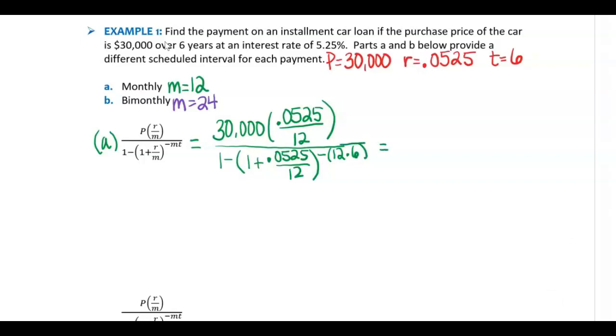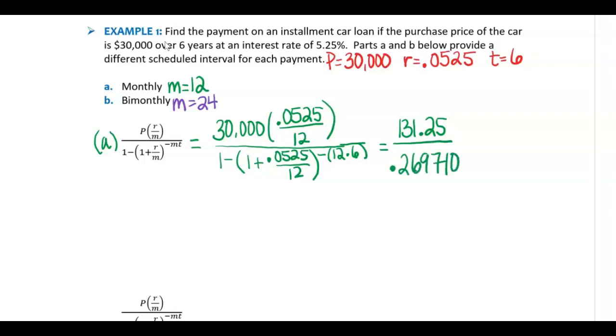Multiplying 30,000 times 0.0525 divided by 12, we get 131.25. In the denominator, calculating it, we get approximately